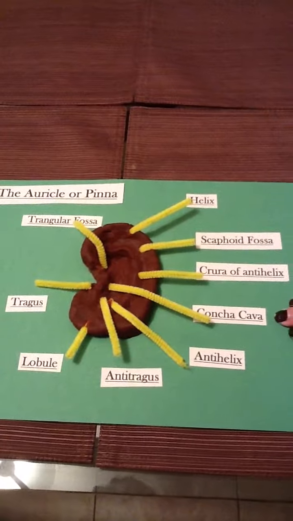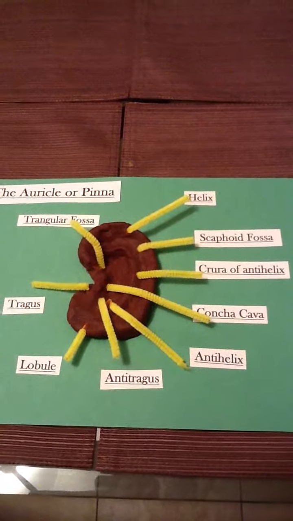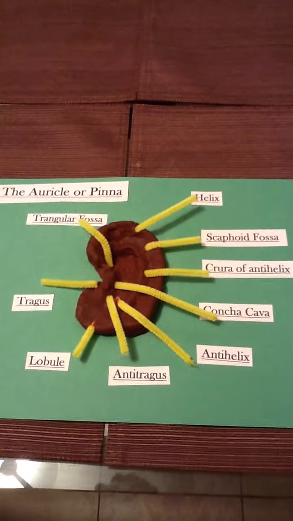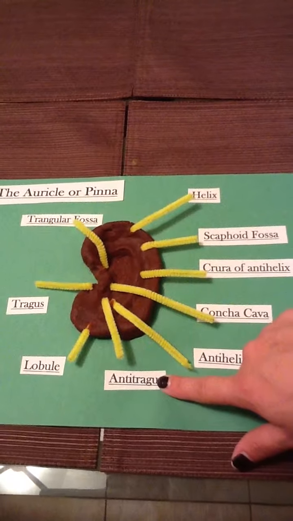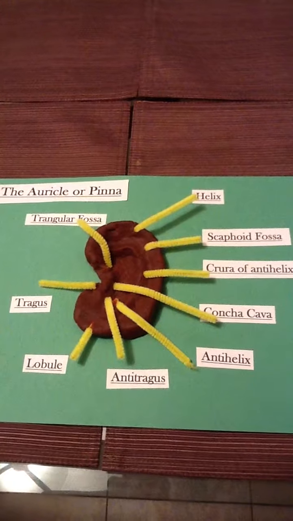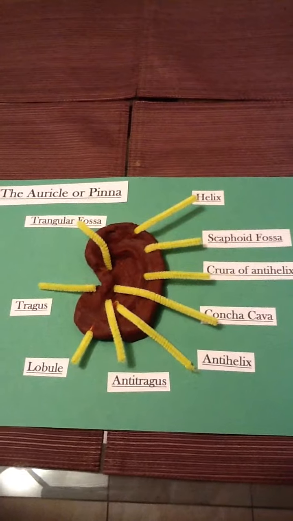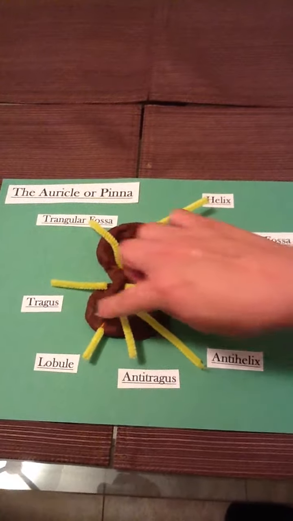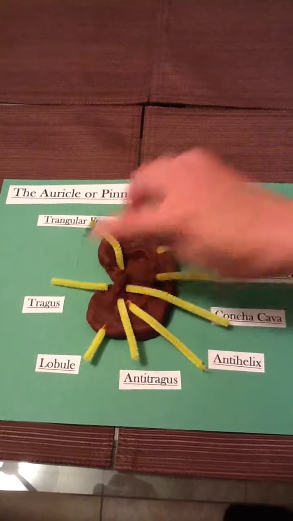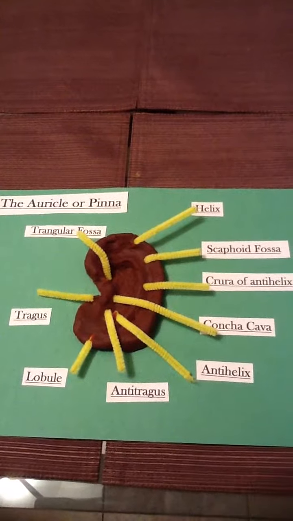And then below that is the concha cavum. This is the entrance to the ear canal, or the external auditory meatus. Below that is the antihelix, which is immediately anterior to the helix. Then we go on to the antitragus, and this is posterior and inferior to the tragus. The lobule sits right next to that, and this part of the ear is usually what is used when we pierce our ears. Above the lobule is the tragus, and this part of the ear is the part that we